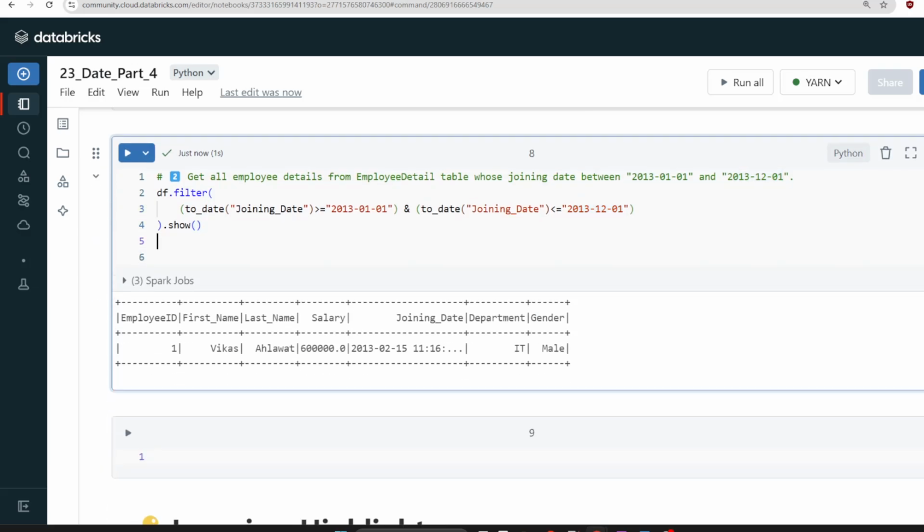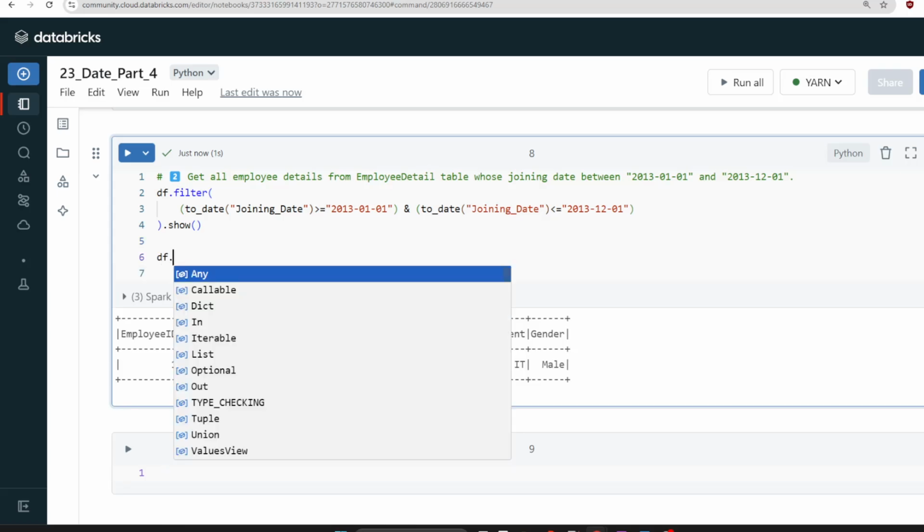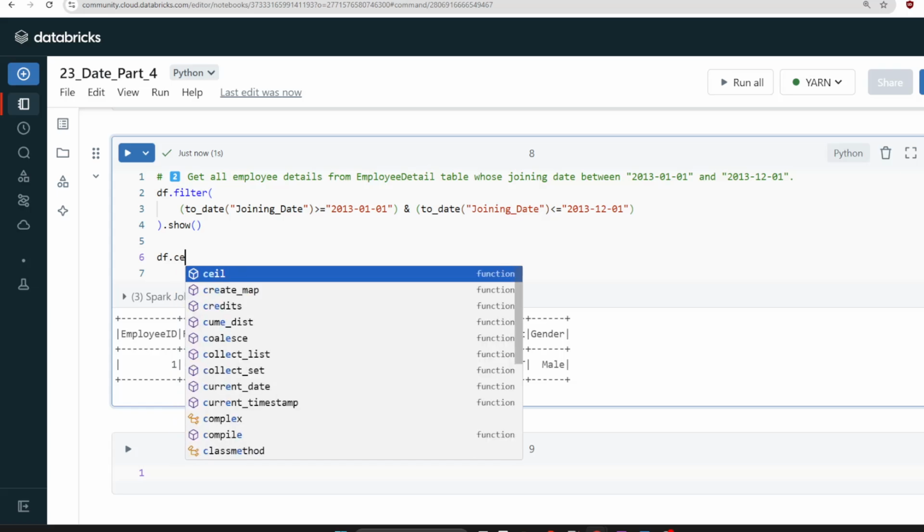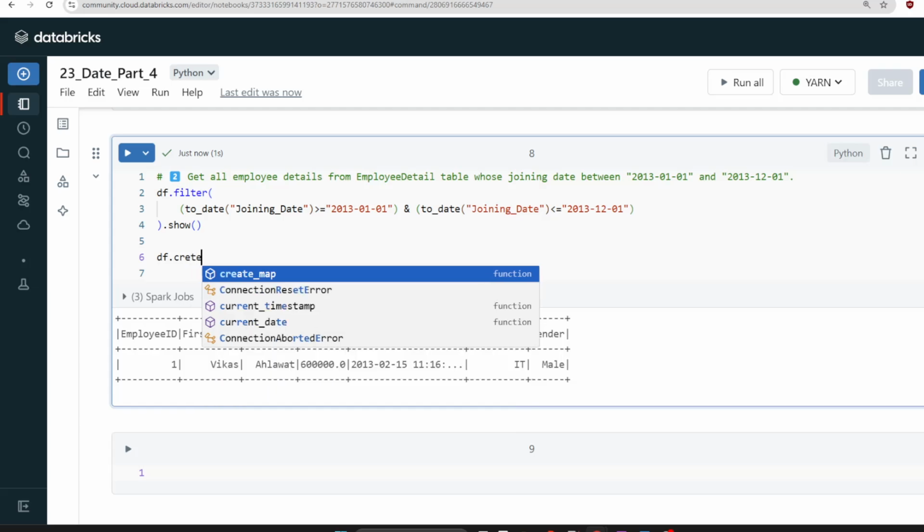You can write it again with the help of a select query also, isn't it? So let me show that as well. How do we write it? For writing any spark.sql query, what do we do as part of the first step? Yes, that is correct. We create a temporary view. Okay, so for that, create or replace